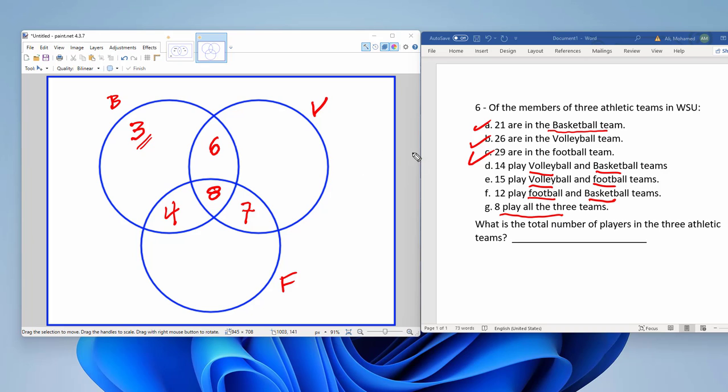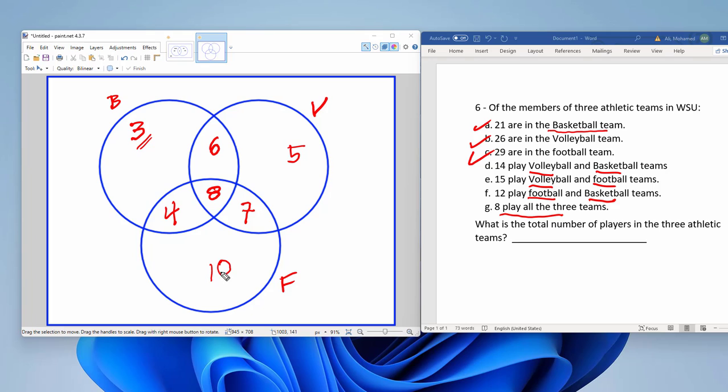26 are in the volleyball. So 26 are here. So we're going to take 6 and 8, 14. 14 plus 7 is 21. 26 minus 21, that's 5. So 5 play only in volleyball. And then the last one is 29 in the football team. So for the football team here, we have 7 plus 8 is 15. 15 plus 4 is 19. So 10